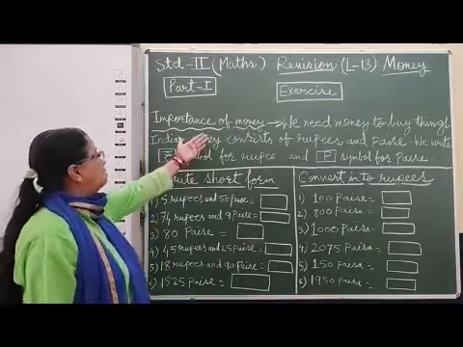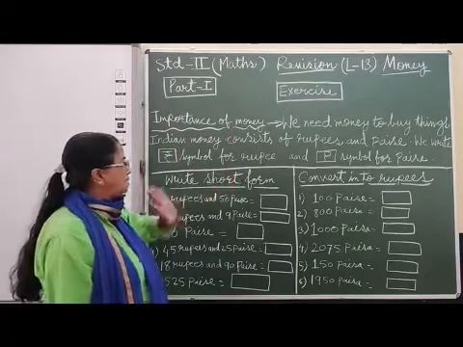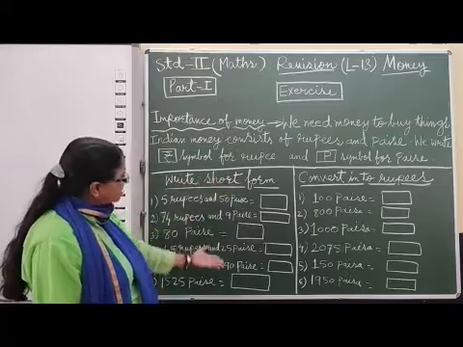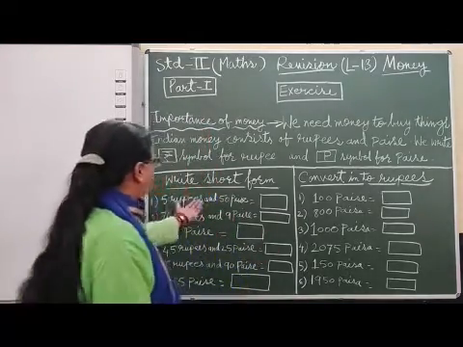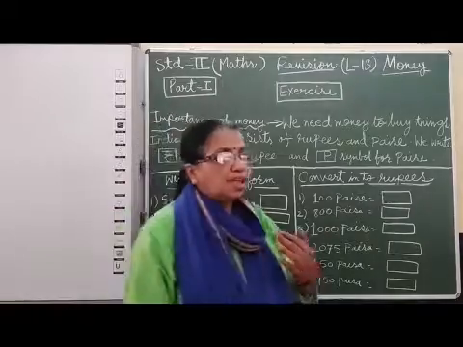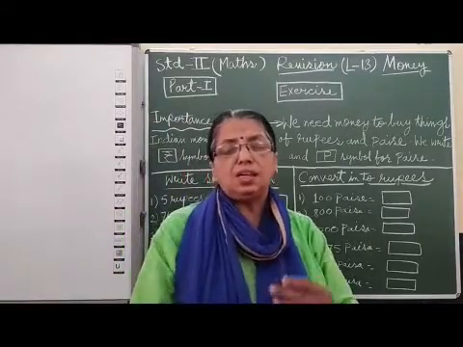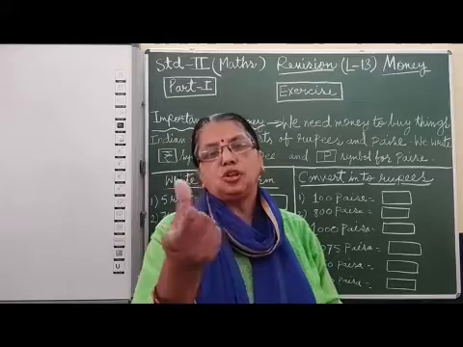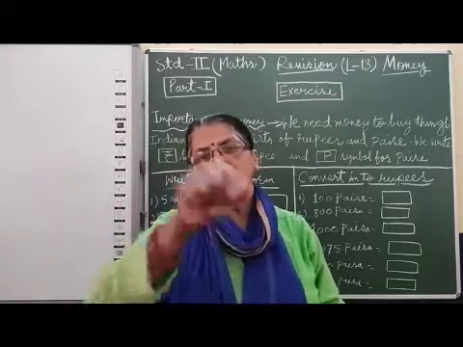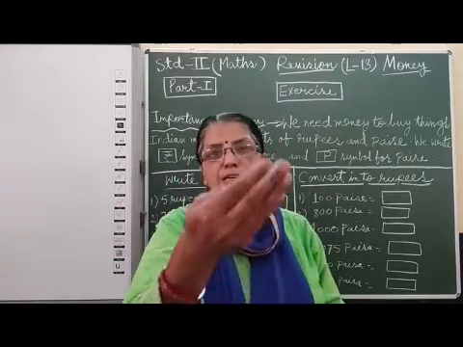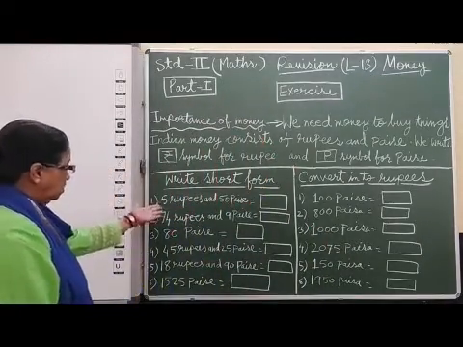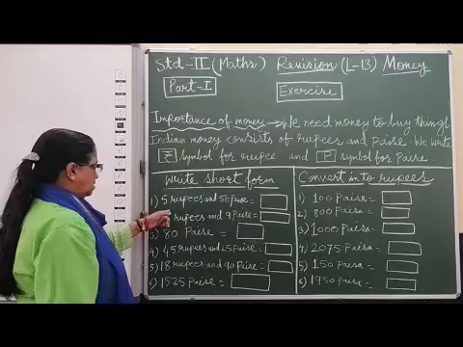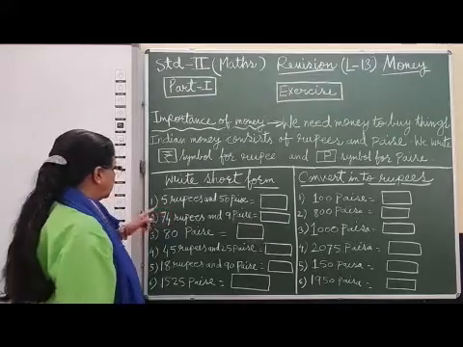Now this is about money, the importance of money we have written. Below, some exercises have been given. This will help you to count the money. Okay, write the short form. In the number name you have learned the short form. Write the number name: the given number or digit, whatever is given, you write the spelling. Here also we will show how to write. In the live class I have discussed this.